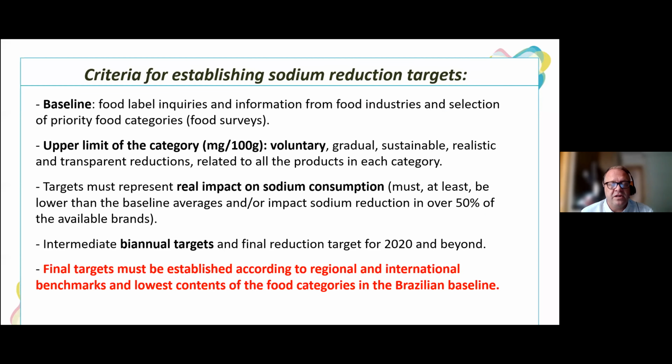And just a little detail on the criteria. It's very important for us, as I said, about transparency. So we set all our targets based on a baseline and looking to the future with an upper limit for the category, which is intended to have a huge impact in a short time frame, but then acknowledging that we need to have time to continuously reduce that, always looking, as I said, at regional and international benchmarks that are where we intend to reach over time,